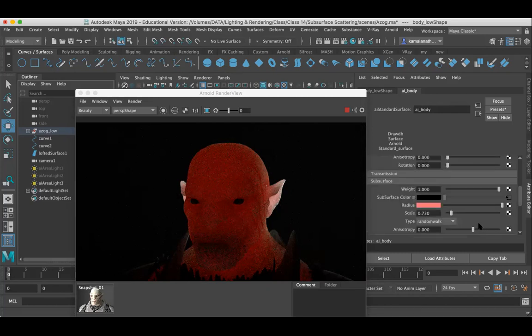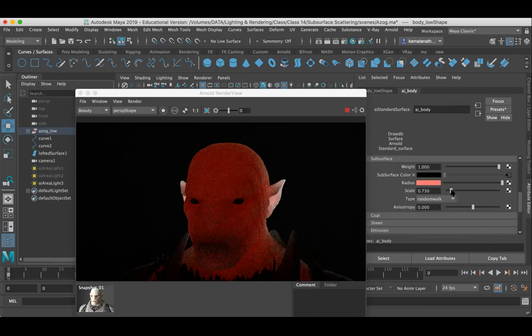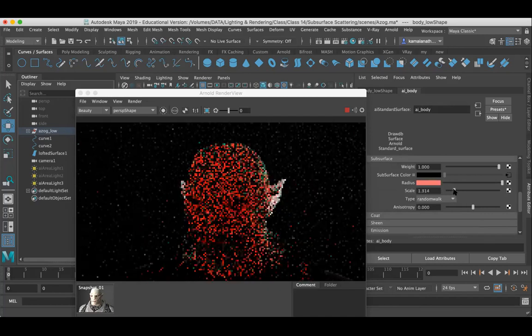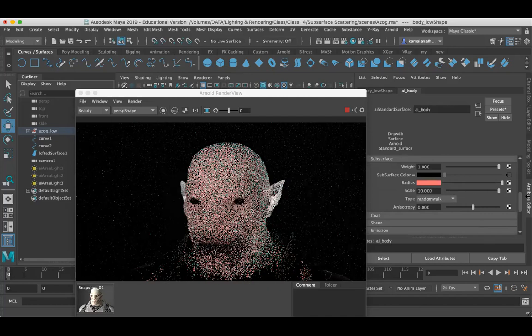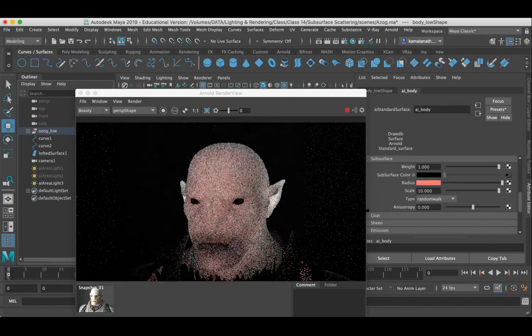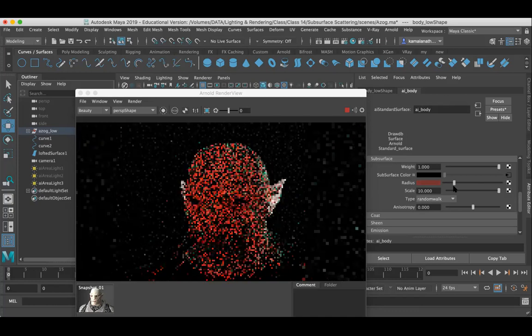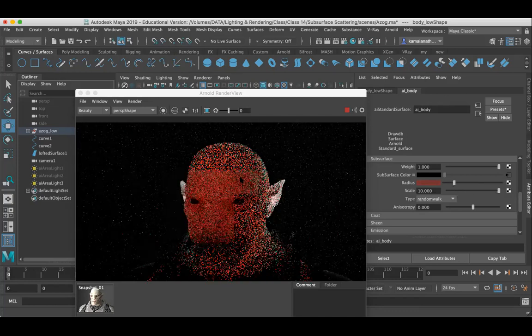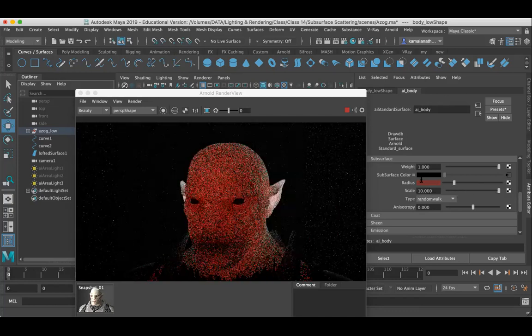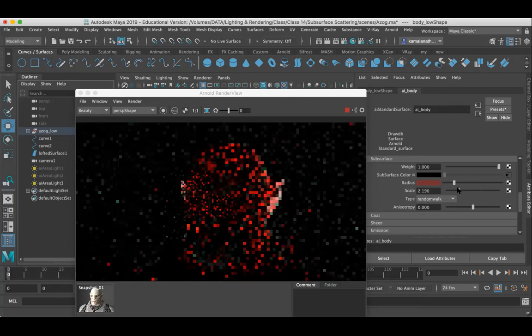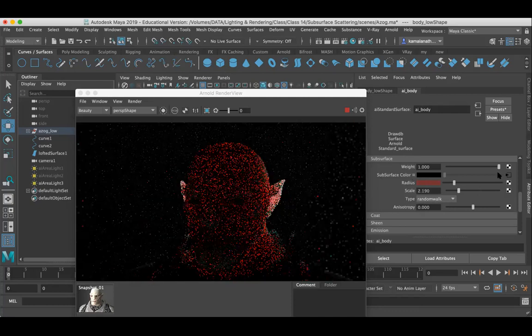So what I'm going to do is add the scale. When you add more scale, that means the radius will be increased. I just need some dark red. The scale means all three values are directly proportional, so whatever you change will affect your output.